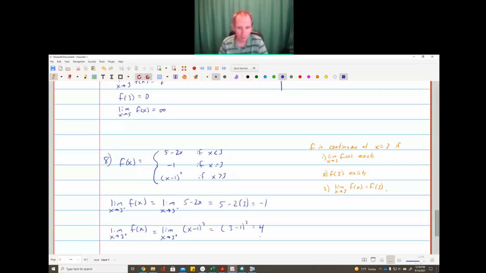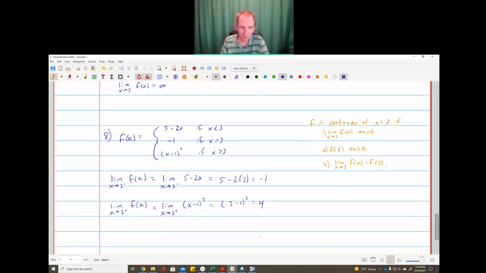Now, at this point, the limit from the left and right do not match. So that means that the limit as x approaches 3 of f of x does not exist. And that's one of the conditions I need. I need that limit to exist and equal the function value. If the limit doesn't exist, then it's not continuous there. So f is not continuous